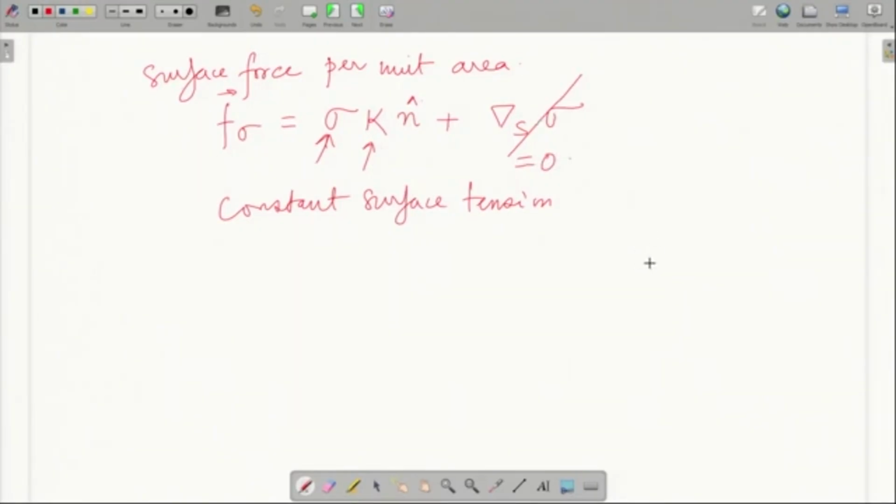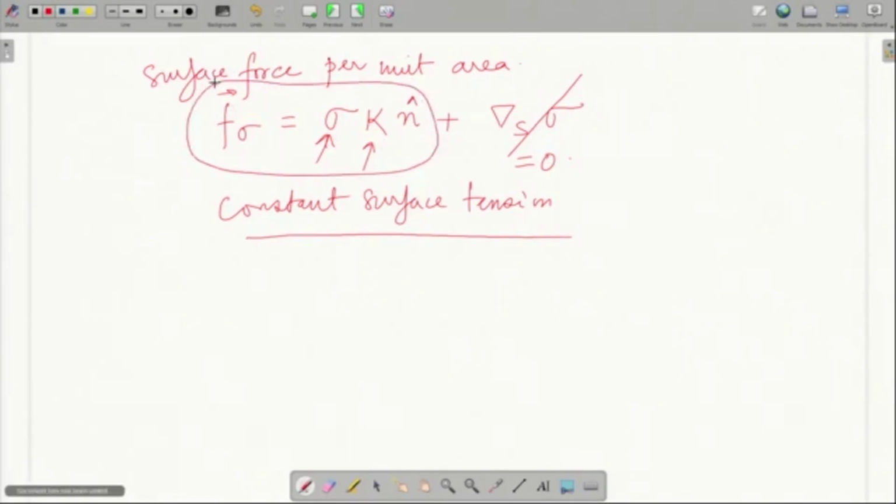Now, if you may recall, the nabla s which operates on sigma is essentially the surface gradient. We had talked about this surface gradient in the previous lecture, and as long as we have a constant surface tension, we are reducing the expression to a much simpler form, f sigma equal to sigma kappa n. So,